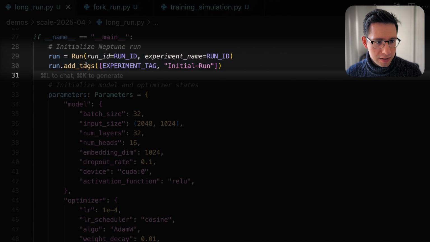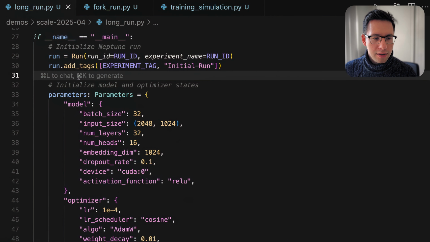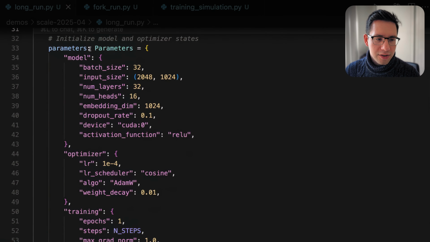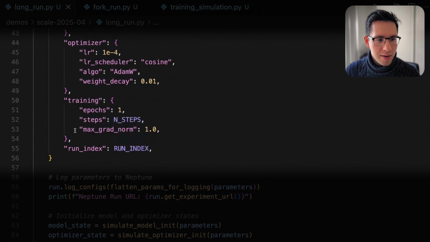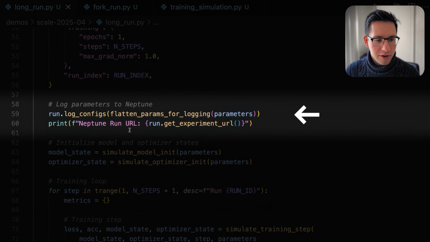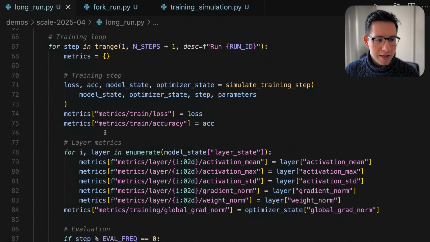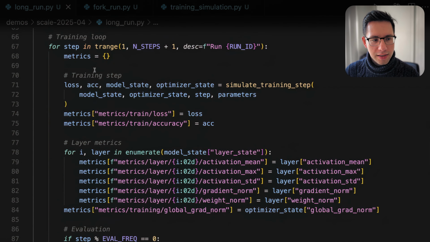You can also use, alternatively to this, one of our library integrations. So for instance, we have a great integration with PyTorch Lightning and some of the other frameworks, but you don't need to. You can use the direct run like this. My script then initializes the model with parameters. Obviously, we log all the config parameters to Neptune as well, and then we go through the fairly standard training